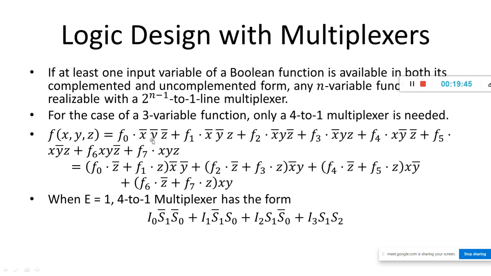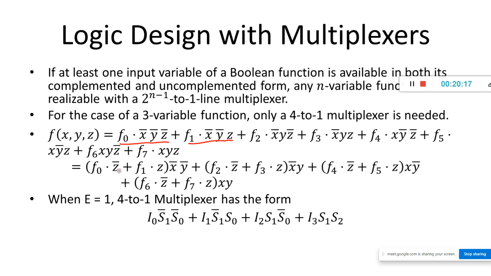So here f of x, y, z, f0 is selected if all are 0, f1 is selected if it is 0, 0, 1. Similarly, up till f7, if all the select lines are 1, 1, 1, f7 is selected. Now the important thing here is we need to factor it out. That means what is same here? Check this and this. X bar, y bar is common here. Okay, students, x bar, y bar common.